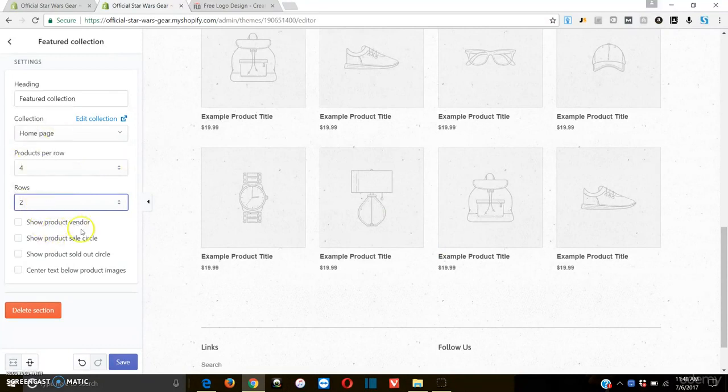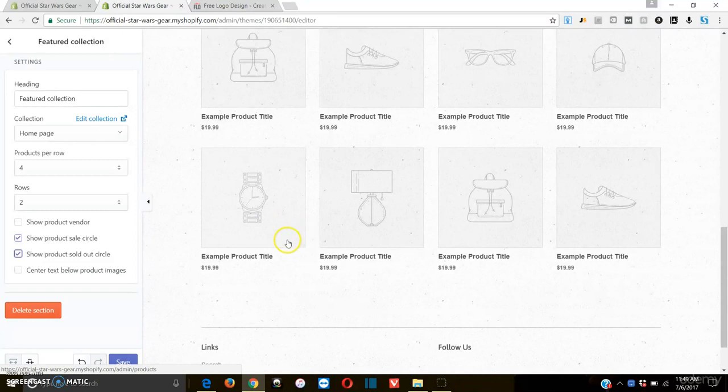and I am going to put the sale circle on it. What that's going to do is put a little sale sign here. It helps increase conversions in my opinion. I'm also going to put the product sold out circle, which will say the product is sold out. A lot of people recommend not doing this. I completely disagree. I think putting the sold out circle gives you, like I said, the authenticity of before, but really what it does is